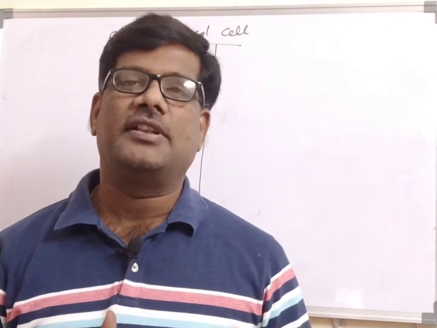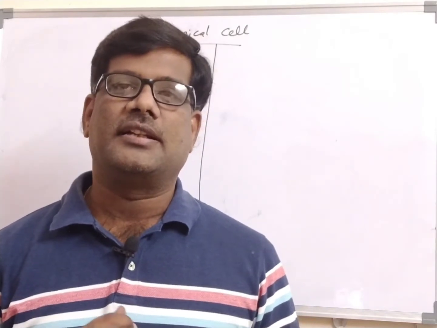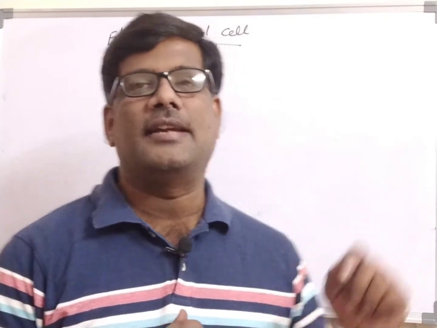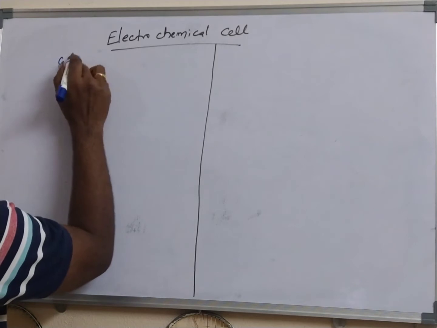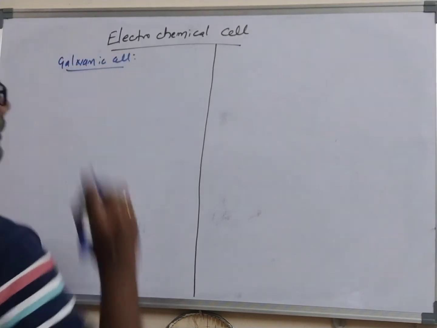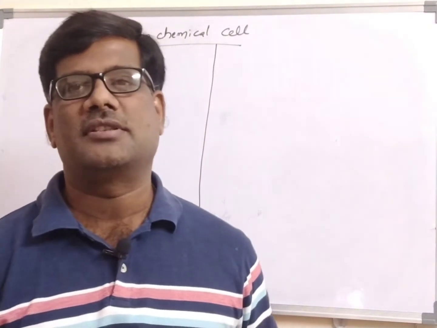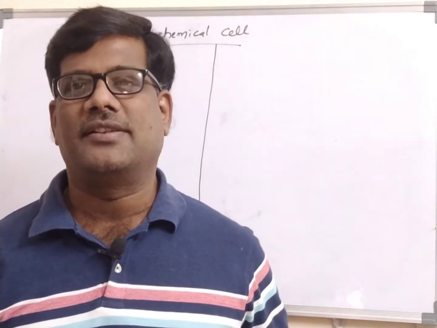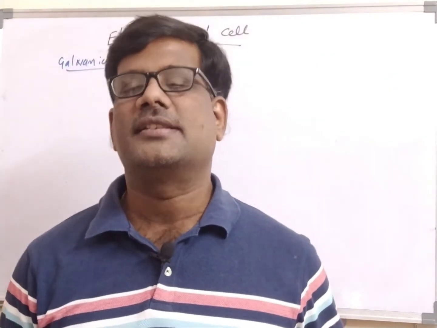What are the examples for the electrochemical cell? So the best three examples are there: one is called the galvanic cell, Daniell cell, and voltaic cell. These are the examples for the electrochemical cell, where we are discussing the galvanic cell. All the galvanic cell, Daniell cell, and voltaic cell nearly have the same configuration. So now we will discuss the galvanic cell, which is important for the first year as well as the second year. The same question arises in the first year and the second year.